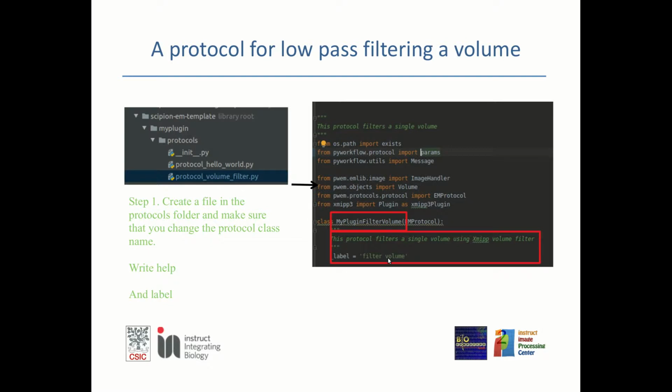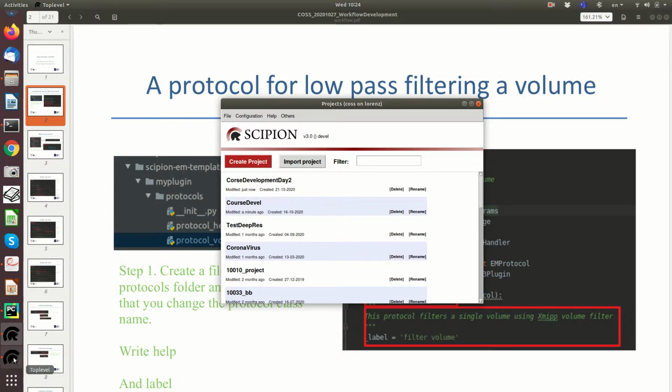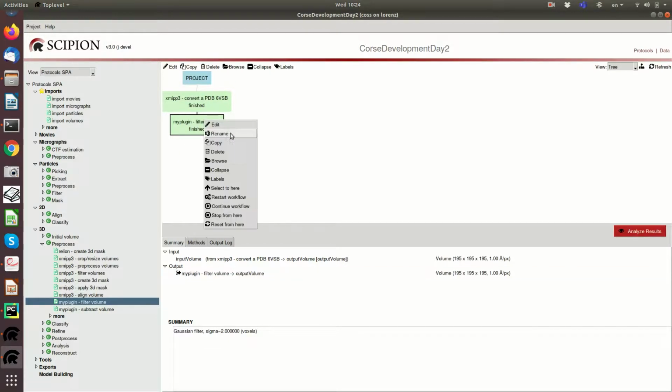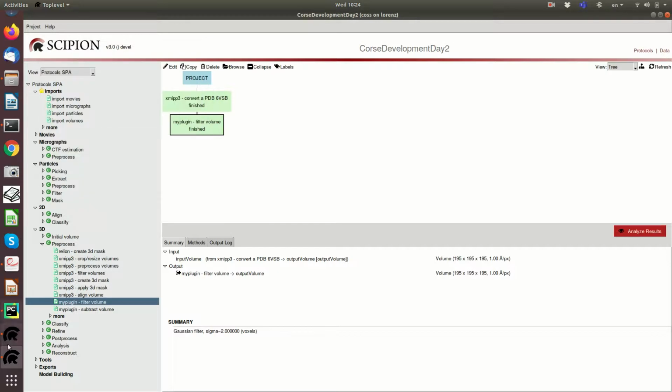So this label is the one that appears when you call it from here. So filter volume. So here you always have the name of the plugin and then the label that you have executed. You may change that if you want. You can add whatever you want there, but otherwise the default labels will appear there. Okay, so then